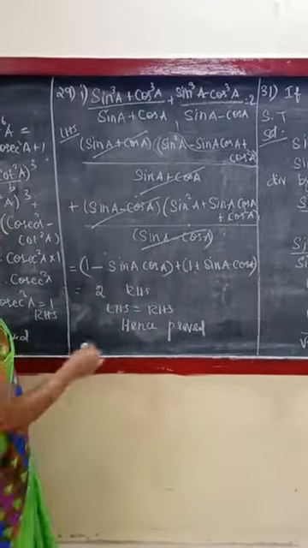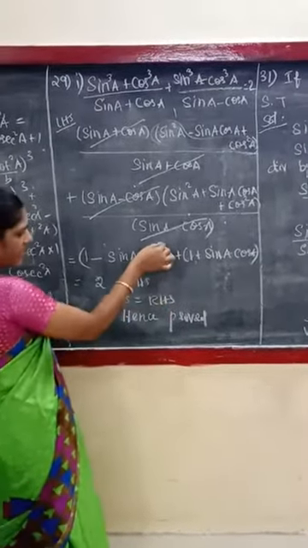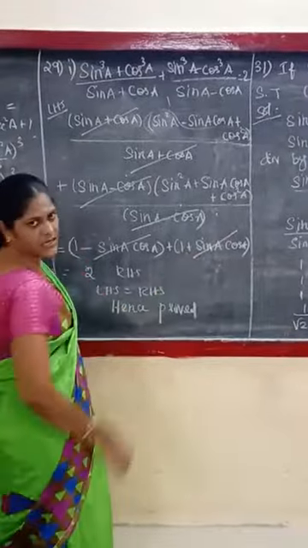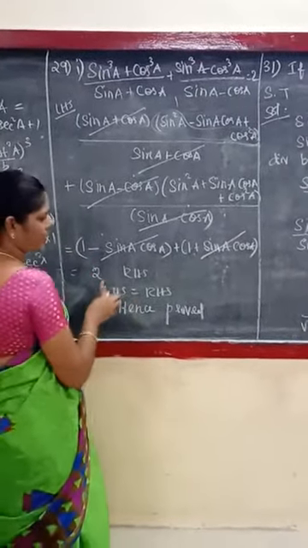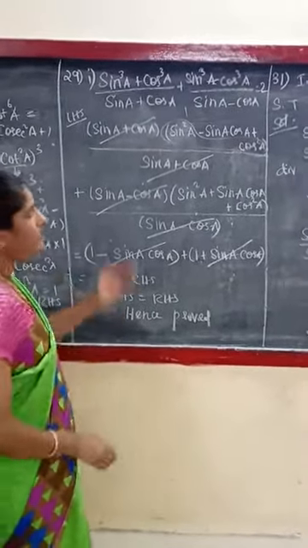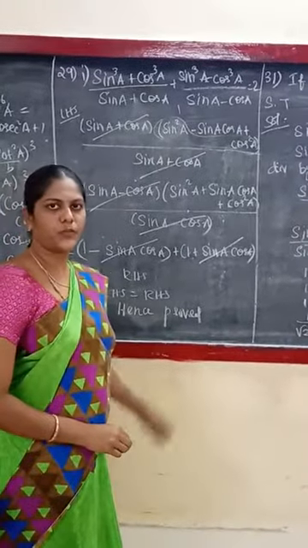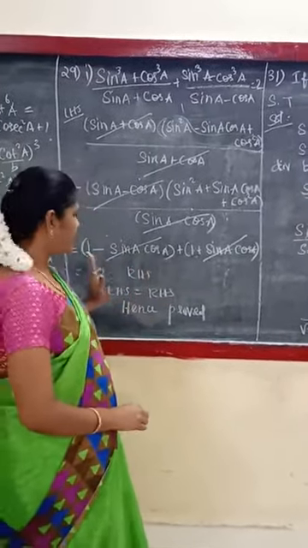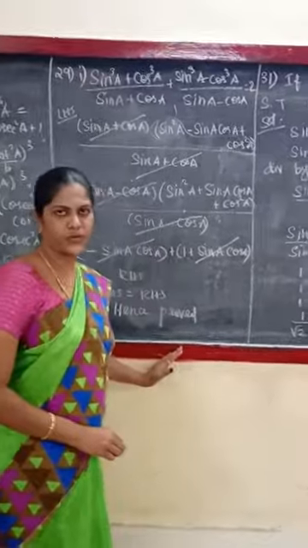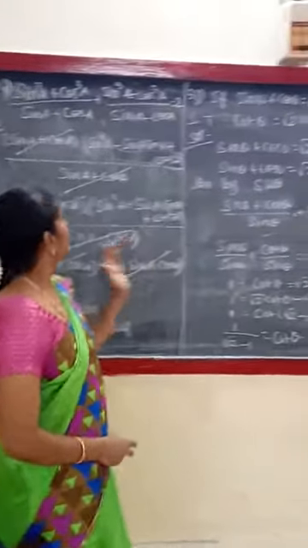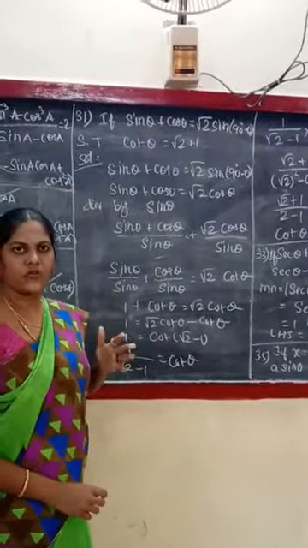Okay. Now listen, it's addition only. Minus sin a cos a plus sin a cos a cancel. So 1 plus 1 is 2. Is it clear? So what do we need to prove in this sum? We need to prove that the solution is 2. So left hand side is equal to right hand side, hence it's proved. Is it clear children? Next, our 30th sum is a homework sum.